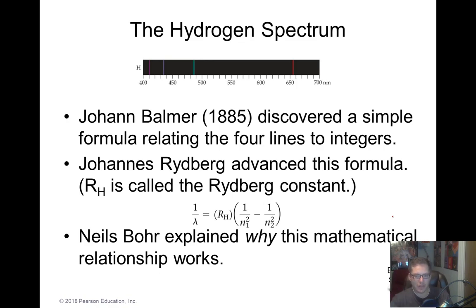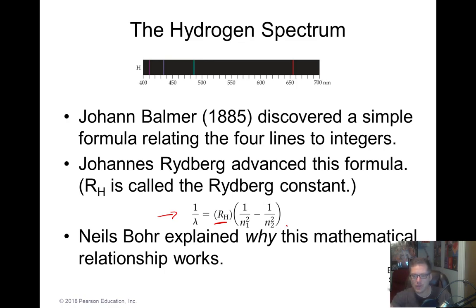And then Rydberg came along and said, hey, that formula is pretty nifty. I'm going to make this a little bit better. So he changed Balmer's formula, and he came out with a formula that related the inverse wavelength to the energy levels of those two things, and it used what's called the Rydberg constant to relate those two integer levels. Now, the Rydberg constant